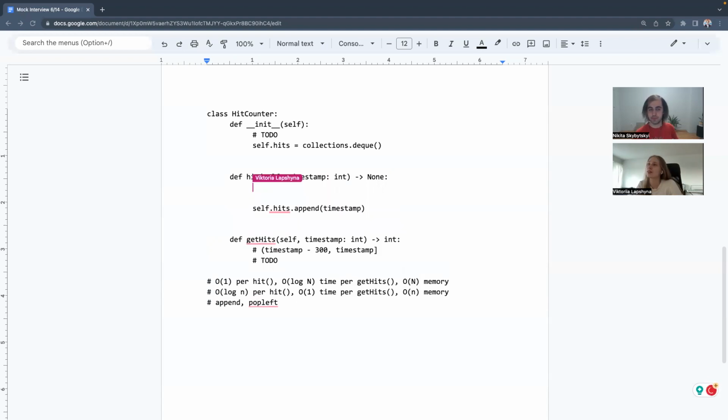So we can first remove and then append. I think it doesn't matter. Let's call the variable, like, we don't even need to. Do we also have a function to just look at the first element? That's like a square brackets operator. We can say self hits at 0. Yeah. Good.